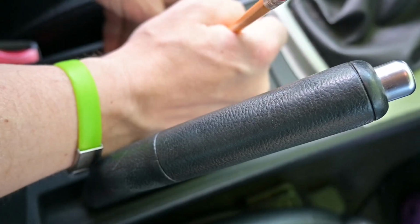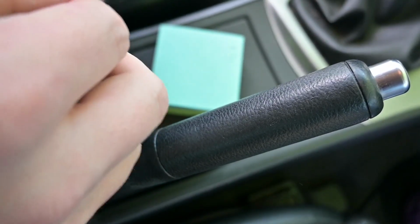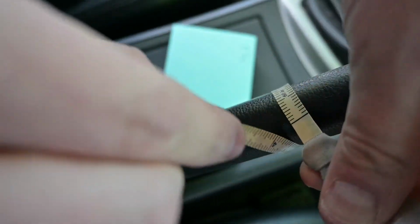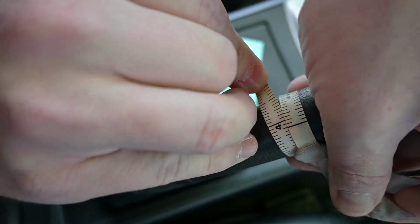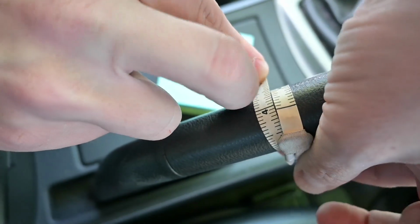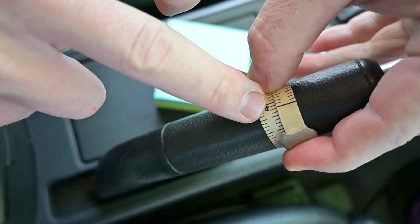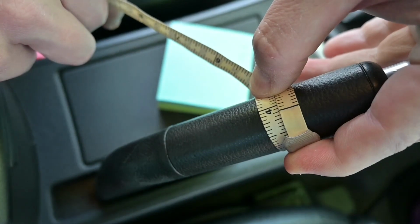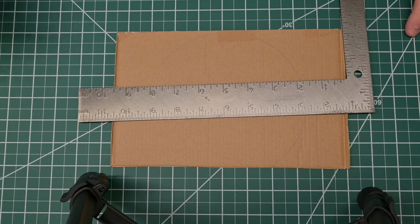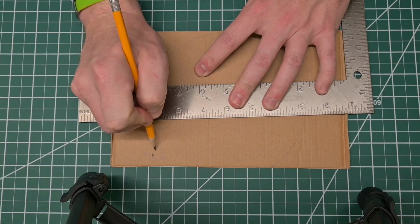3 11/16. And we can go ahead and measure the circumference. And for the circumference, we want this to actually be a little shorter than the actual width. That way, when we're doing the stitching, everything will pull tight. Here it looks like 3 3/4 would be just a little bit short, and then when we do the actual stitching, when we come back in the car, we'll be able to close that gap. So we'll go 3 3/4 for the width. Okay, cool. Now that we've got our measurements, which were 3 11/16 for the length and 3 3/4 of an inch for the width,